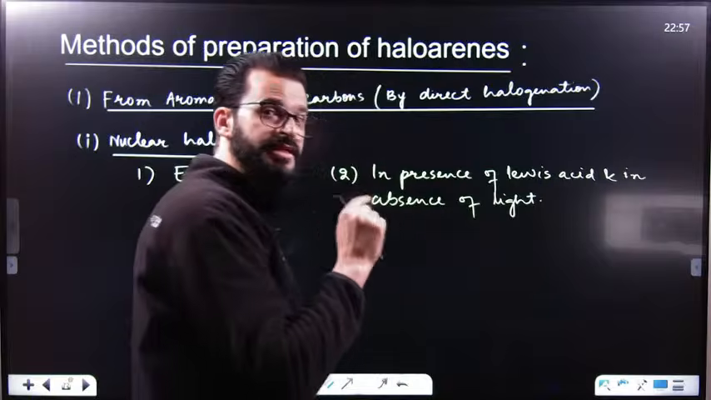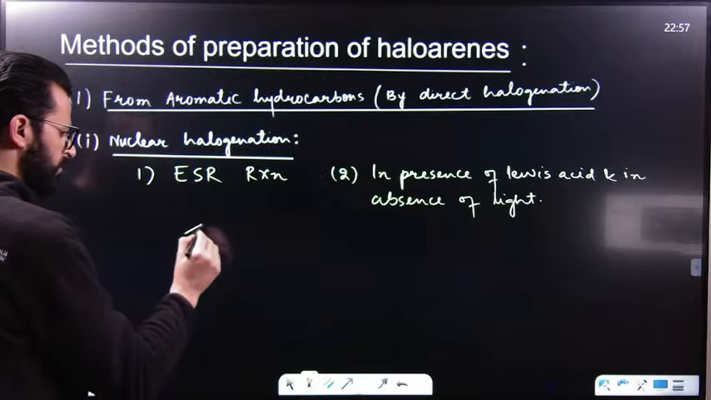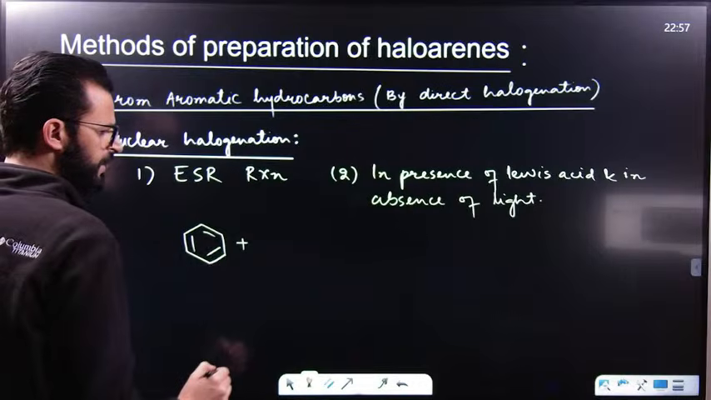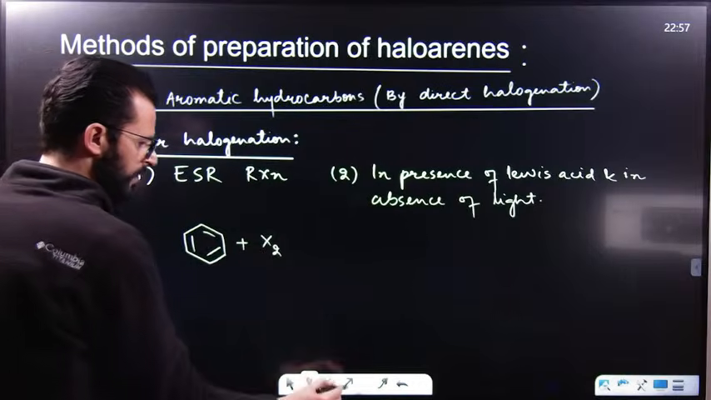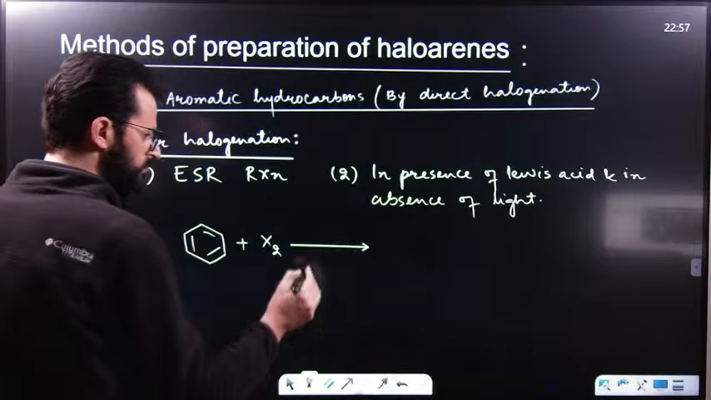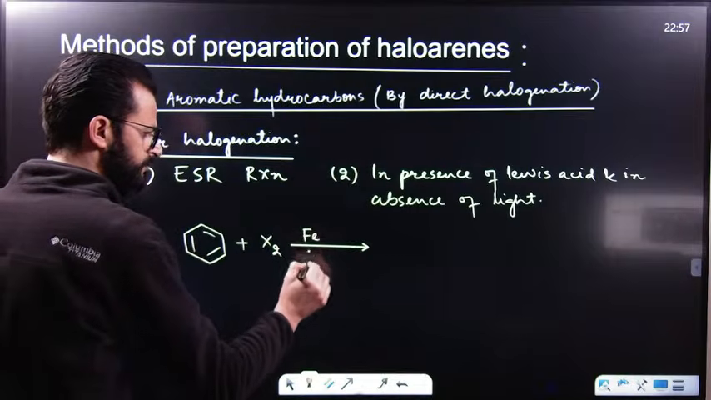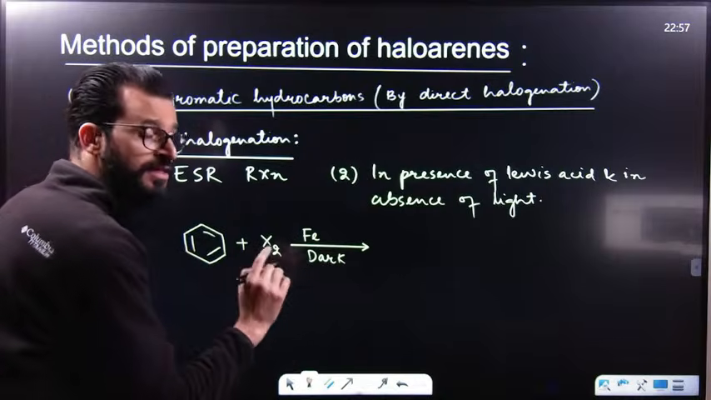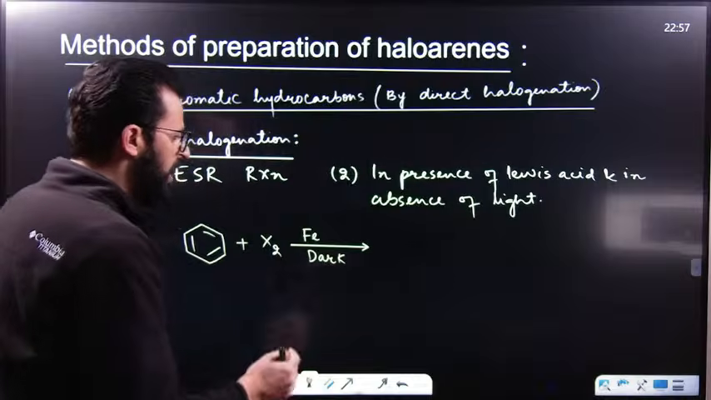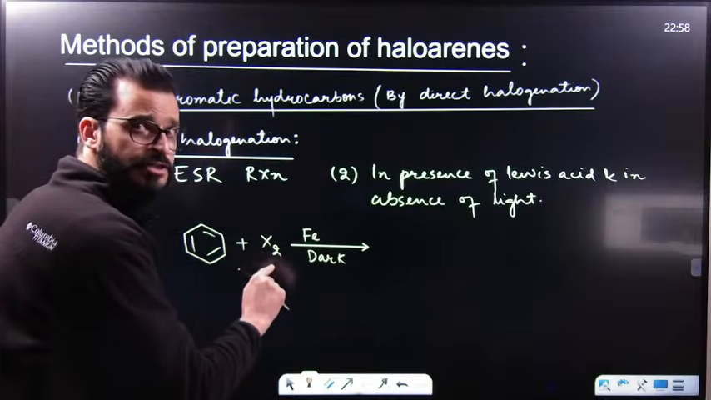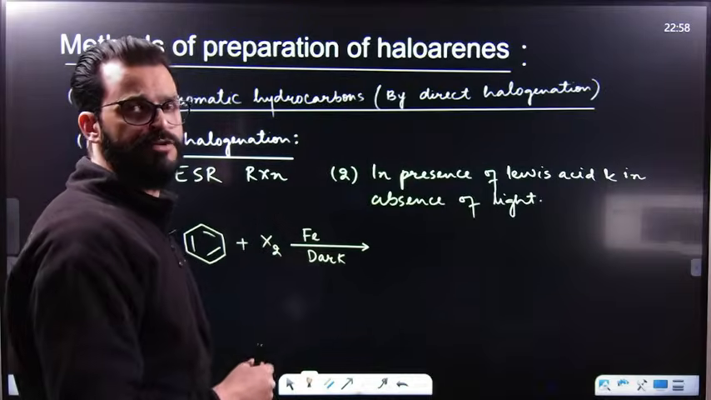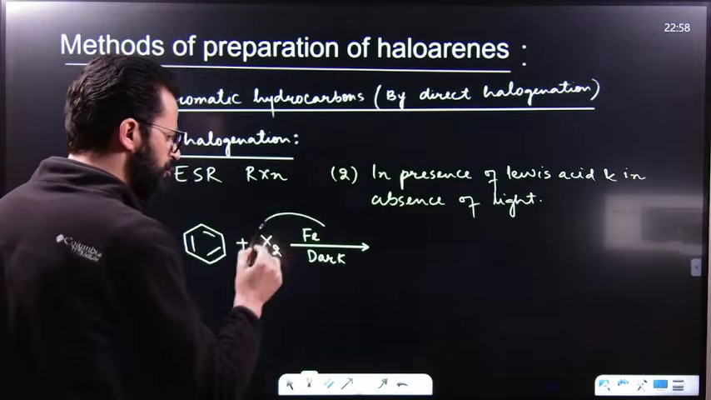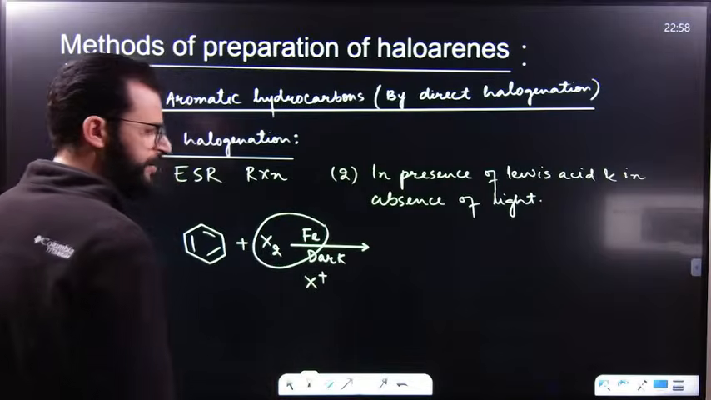That means it takes place in darkness. So, if we are having, say for example, benzene, an aromatic hydrocarbon, and if I treat this with X2 in presence of Fe and dark. First, Fe will react with X2 and result in the formation of FeX3. After that, FeX3 will react with X2 and it will result in the formation of FeX4 negative and X positive. That means here X positive will generate, it will act as an